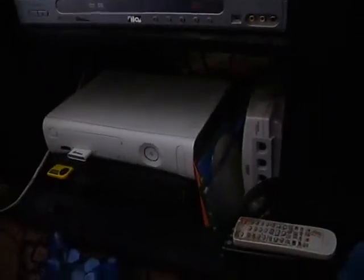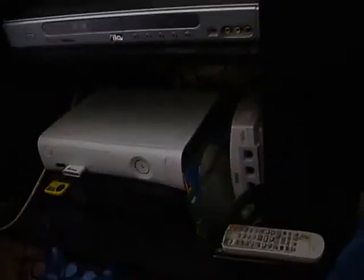But now, you might be asking yourself, why do I have this many? Well, first of all, let me explain these game systems. This right here, of course, is the Dreamcast. Now, if I can move it out of here without messing a few things up, which apparently I am. I hate when I tangle things up. I hate that. Don't you? There we go. Still plugged in. Hold on. There we go. But this here is my Dreamcast, and like I mentioned, I bought this one on my own,